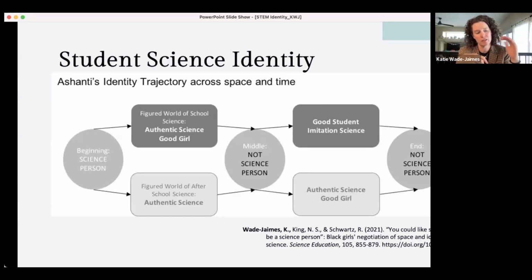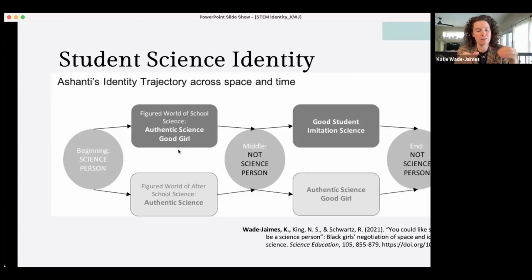In her classroom, they did a science fair, and Ashanti developed a really cool science fair project where she was looking at spinning people around in chairs and then seeing how that impacted their ability to walk, their dizziness, and how long it took them to recover. She developed it herself. She took all the data herself, and was really into it. The after school club is when she collected most of that data, so she was really excited to get there. She helped other students with their science fair projects. She suggested new topics, new things to talk about. So in both cases, she was looking to really perform this authentic science identity.